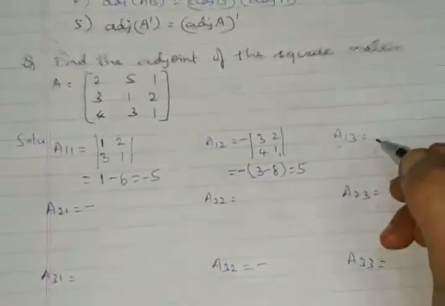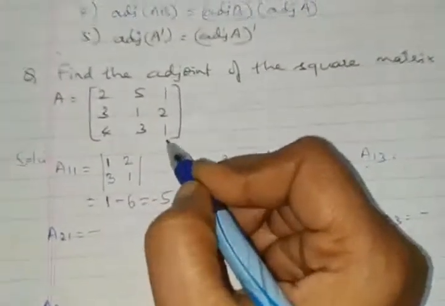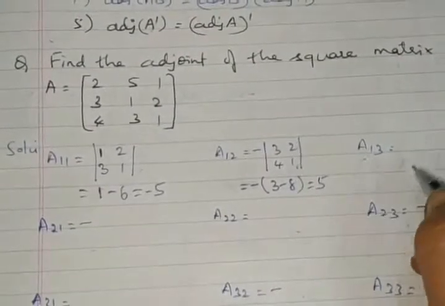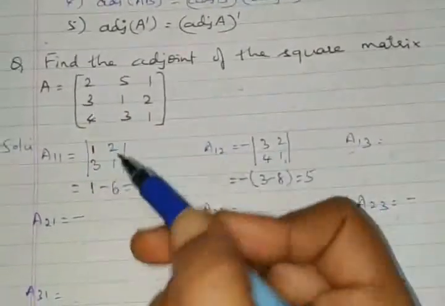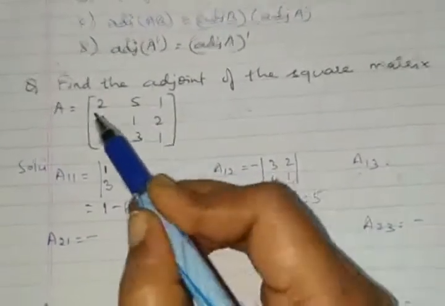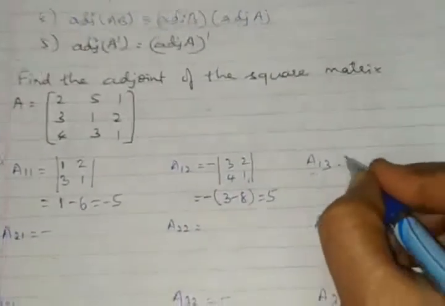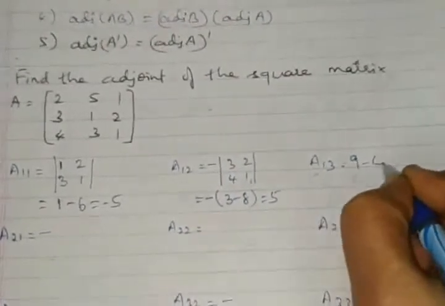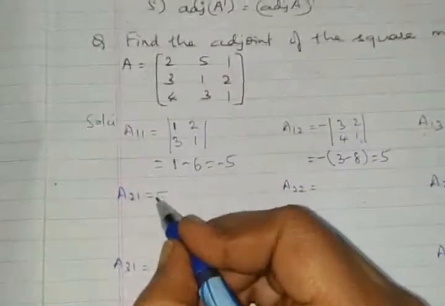So A13. To find A13 here, close it. Okay, if you want, you can go for this step also once again. Let me do it straight away. If you practice, it's easy for you also. Your speed will increase. So close the corresponding row and the column here. We're left with 3 3s and 9 -4. It is 9 -4. I should say 5.